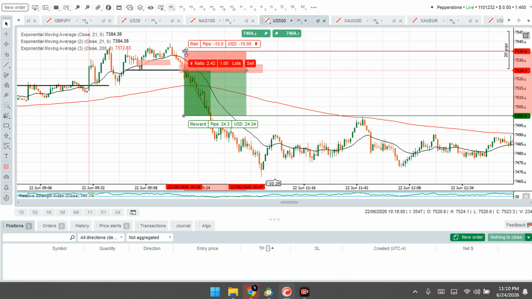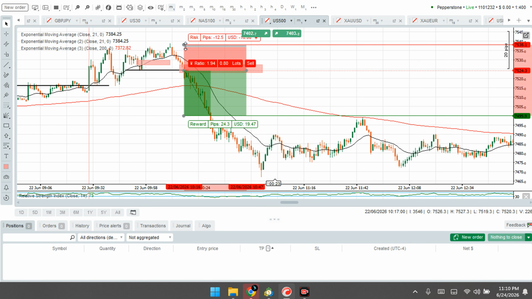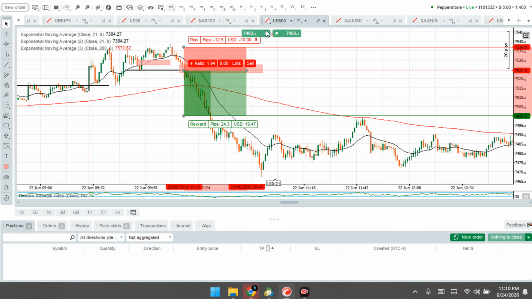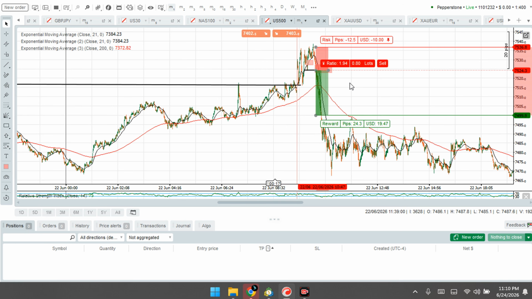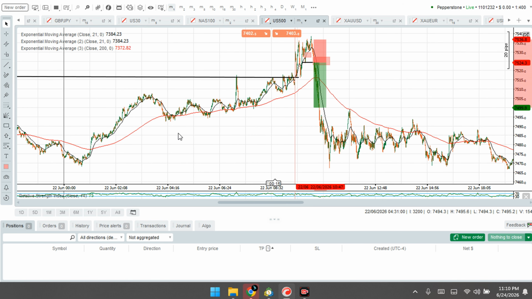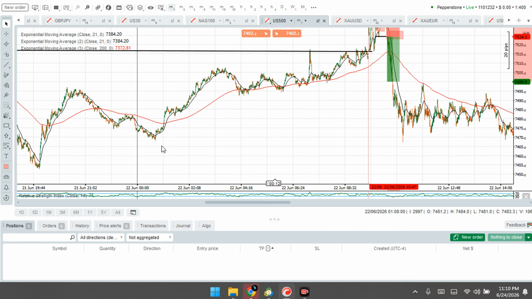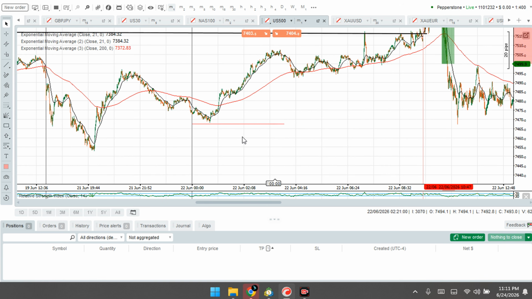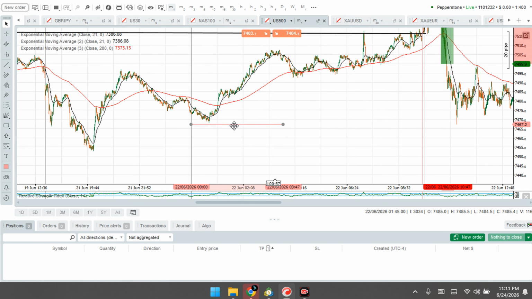Stop loss just 12 pips. This is the US 500 or the S&P 500. Then I was going to target the previous day low. This is the previous day low. And if you follow the ICT, you know that the price will move. Or the day's low. Let me target the day's